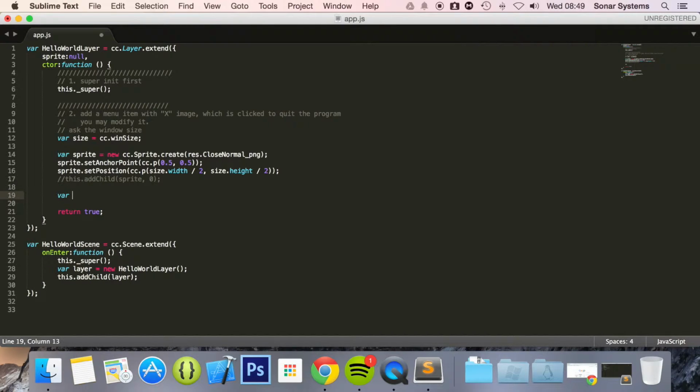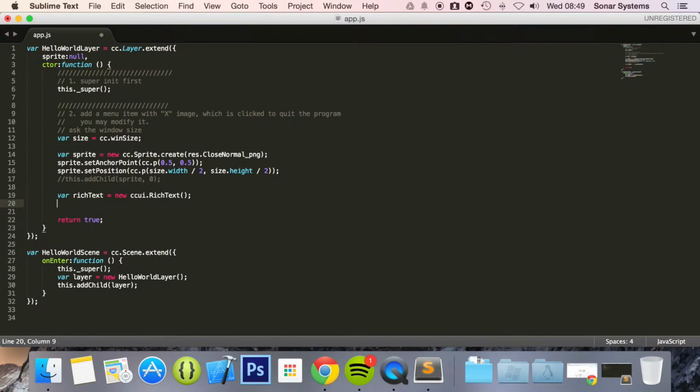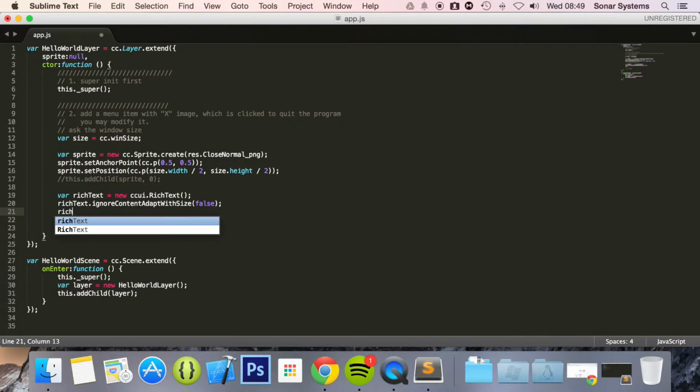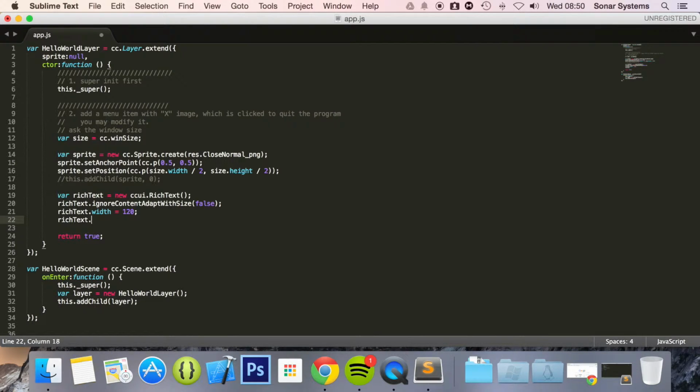So we're going to do var richText equals new ccui.RichText, not Text, RichText. richText.ignoreContentAdaptWithSize, put false for this, and now what we're going to do is richText.width equals 120, richText.height equals 100,